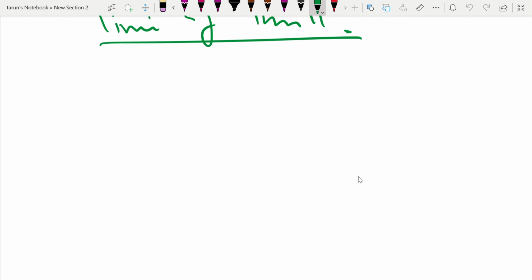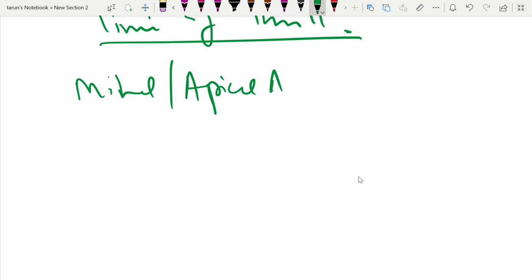Always remember, in the mitral or apical area, diastolic thrill is very common. In all other areas, the base of the heart and the tricuspid area, systolic thrill is more common. So the only thing you have to remember is that in the mitral and apical area you get the diastolic thrill, while in other areas you will get the systolic thrill.